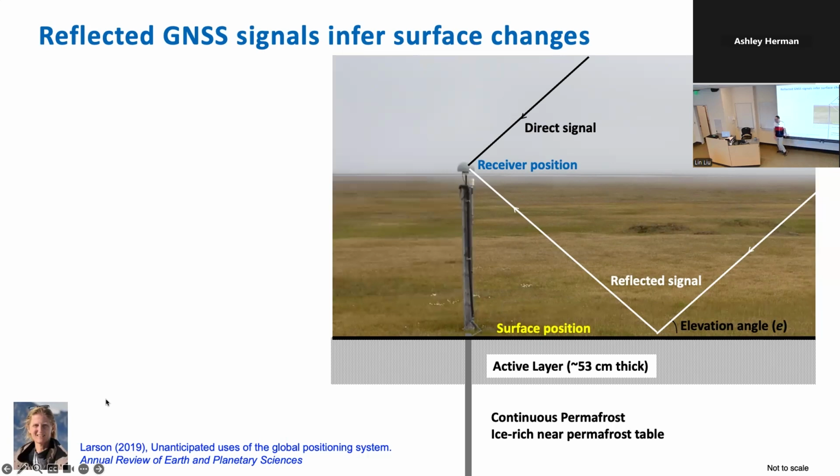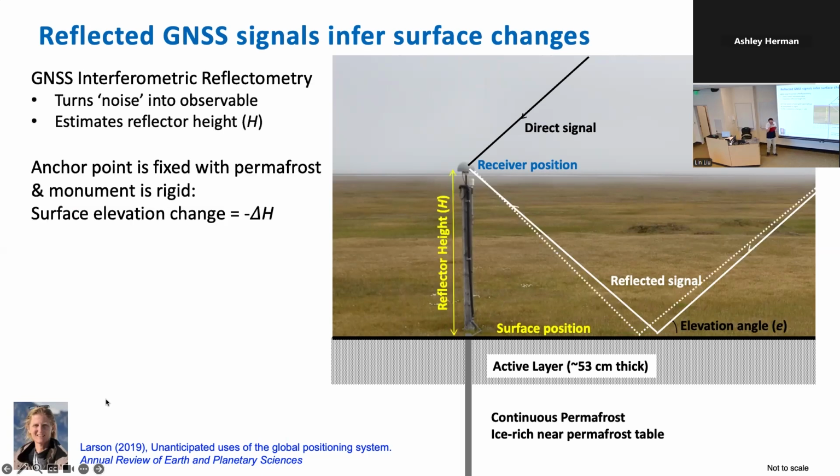But we want to make sure this noise becomes very useful. In this case, the idea I'm trying to explain in two minutes is, as the satellite is flying through different elevation angles, there's one elevation angle, there's another elevation angle. For these two different reflected signals, the interferometric pattern with the direct signal will change because that depends on the elevation. So by tracking how the interferometric pattern changes with elevation, it turns out we can know something about